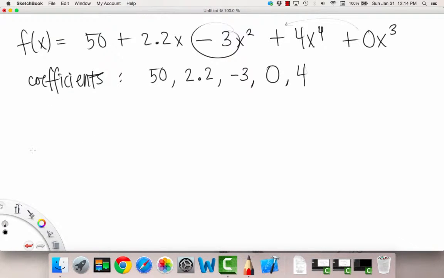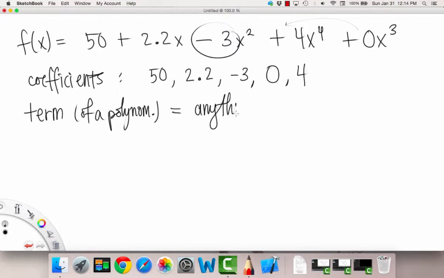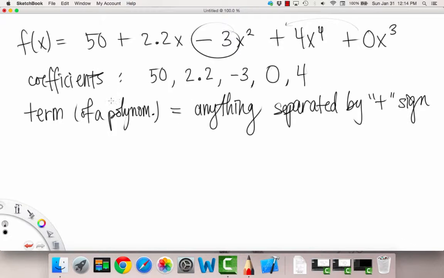Now I'm going to define a few more terms, no pun intended, or definitions that we need to know. The first is coincidentally called a term of a polynomial. I'll just abbreviate here. A term of a polynomial is basically anything separated by a plus sign. In our case, we have this 50 separated by a plus sign,